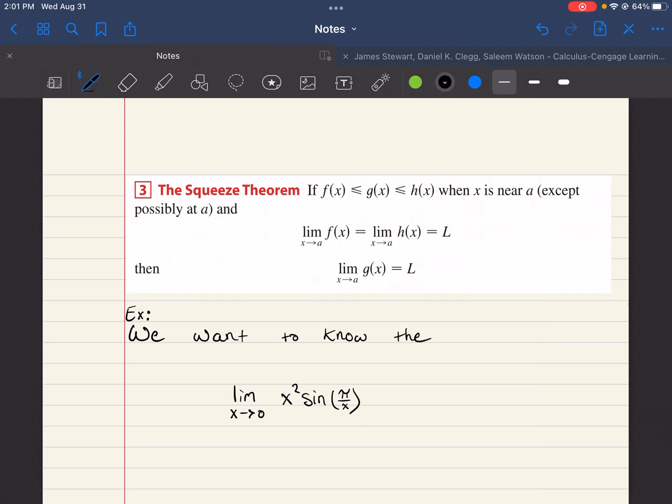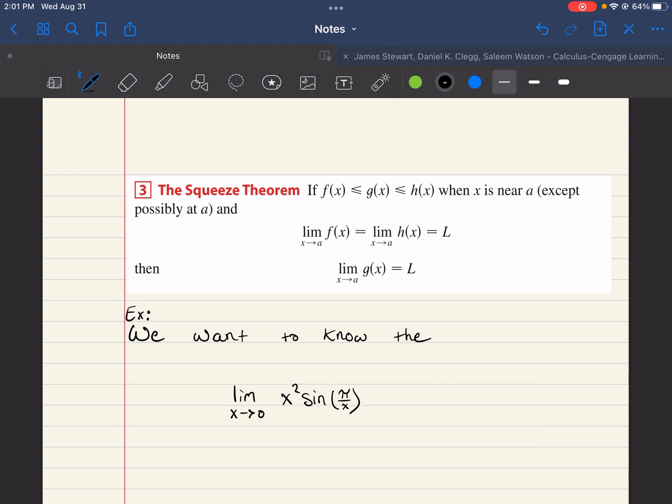Hi everyone, I just wanted to make a quick video here going over another example of the squeeze theorem for Calculus 1. So the squeeze theorem as stated in the book is if you have some function f of x